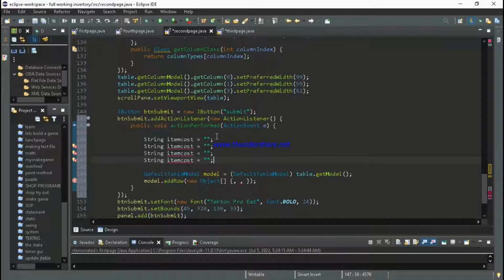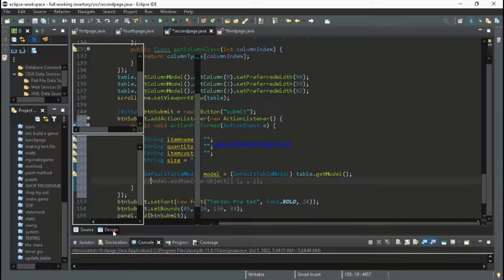1 2 3 4. Okay, then let's change this to quantity. Then let's change this to, sorry, this is item name, quantity, item cost, and size. Okay, so let's just comment this meanwhile, and let's go into our design,